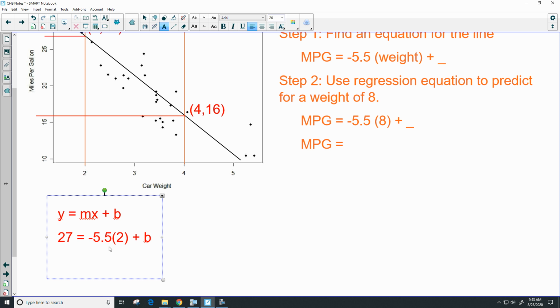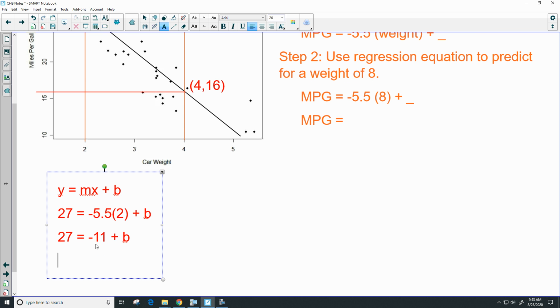So negative 5.5 times 2 is negative 11 plus b. And then I add 11 to both sides,